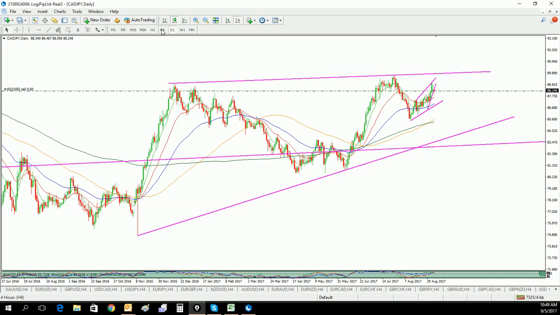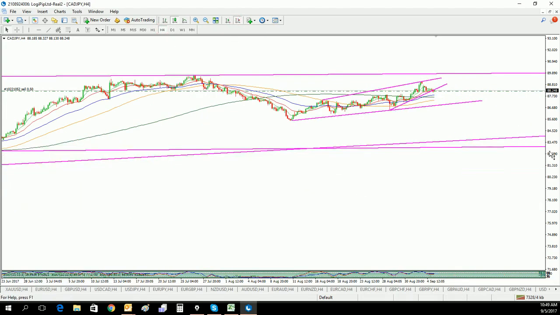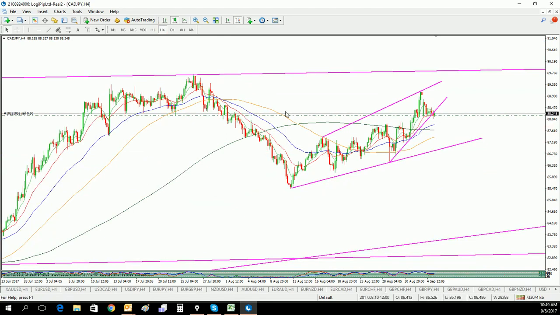I want to go down to the 4-hour time frame. As we step down time frames, this is becoming more and more clear. Here we can see this initial impulse on the left-hand side, that being the trade that I've taken, expecting it down to the bottom of the structure over here. So the impulse, the 3-wave corrective structure, and we've seen that 3 waves is quite popular on this currency pair. So 3 waves, and then I've entered the trade over here, and the reason for that is if we step